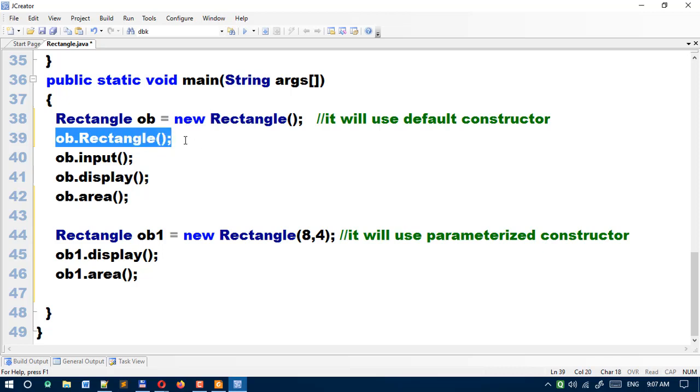I said ob dot Rectangle, so this is a constructor. Ob dot constructor will not be used, keep in mind, because the constructor is already used here, new constructor. So no need to call the constructor using ob dot. Now you understood? Yes, sir.